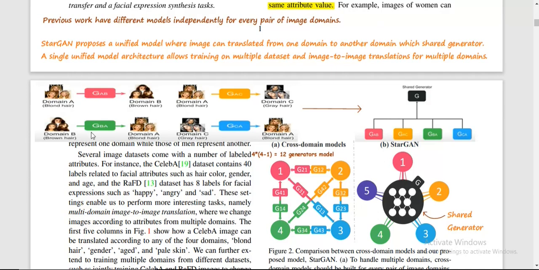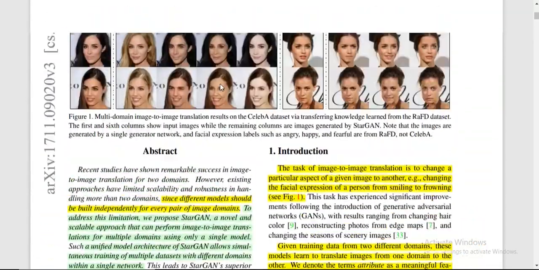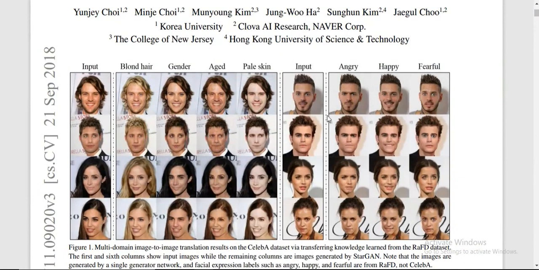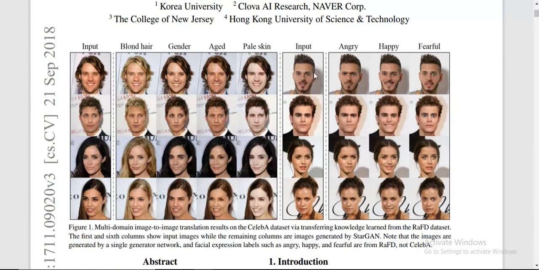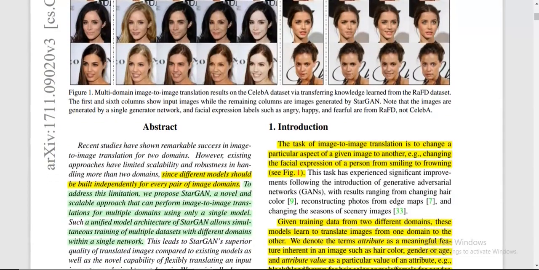For example, domain A translating to black hair, or domain A translating to domain C, they are not correlated to each other, and that results in bad results on the dataset. For example, in this RaFD dataset, there is the input, and if you have to translate to angry, and at the same time to happy, and you train separate models, then they don't know how to correlate between this expression and that expression. So the output may not seem natural,